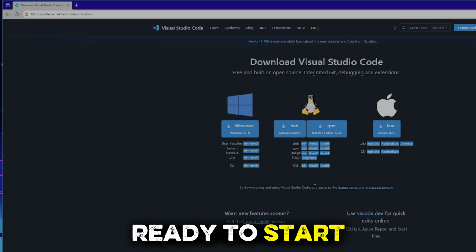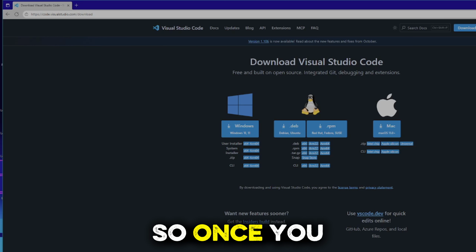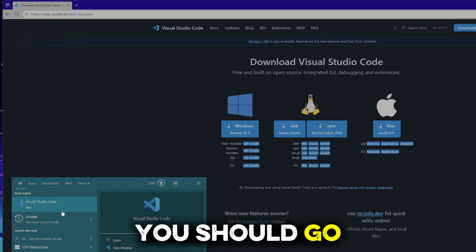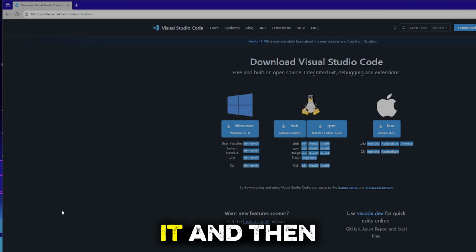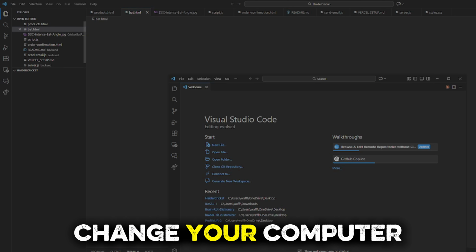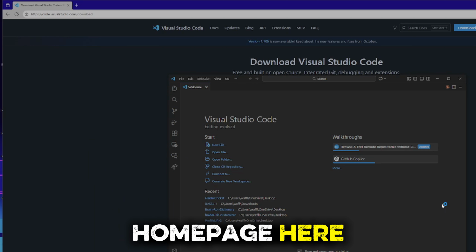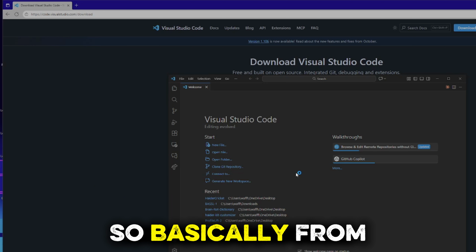start coding. So once you have downloaded everything, you should go through the whole process of installing it and then allowing it to change your computer files and stuff. It's going to bring you to this home page here. So basically, from this home page,